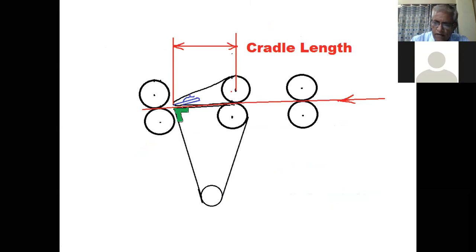For coarser hank and fibers like acrylic, we will require bigger spacer. So more space is required between top and bottom apron. So we use spacers of different dimensions as per the hank of material to be processed. So today we have studied three important terms: spacer, floating condenser, and cradle length, and other related important information related to the drafting system.